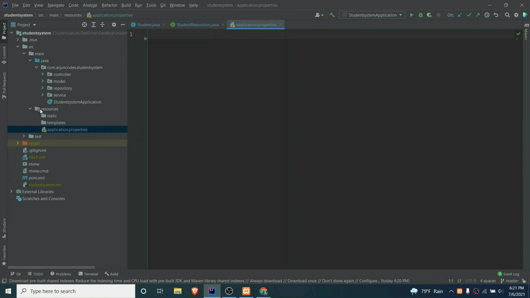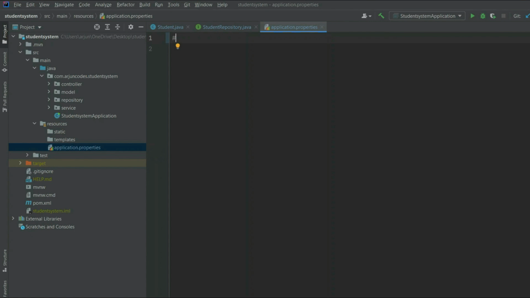Just go to this resources folder here, and inside there you can find the application.properties. In this application.properties file, we need to give the configuration. So just type configuration, and we need to write spring.jpa.hibernate.ddl-auto equals update, and then type spring.datasource.url equals